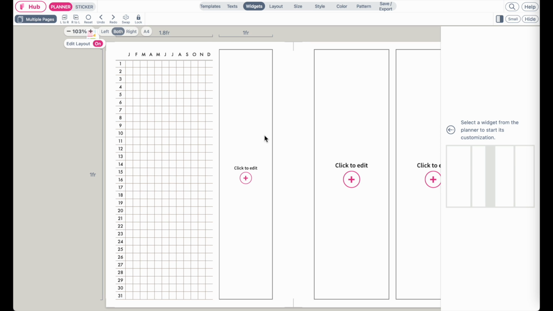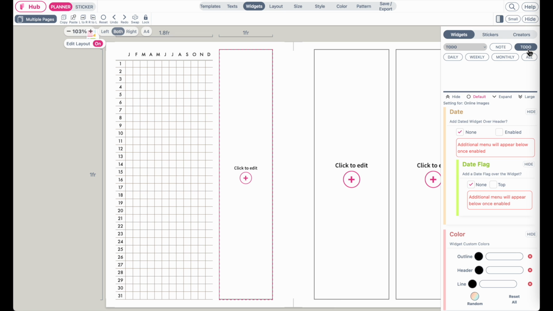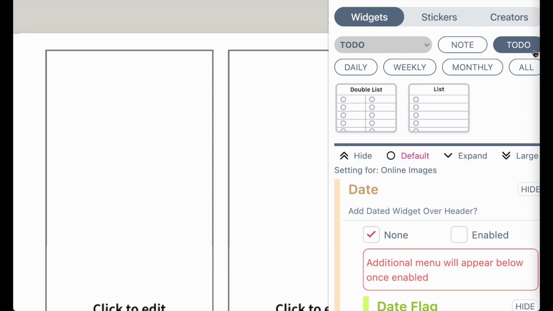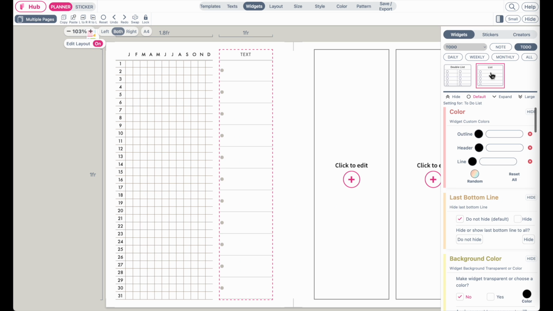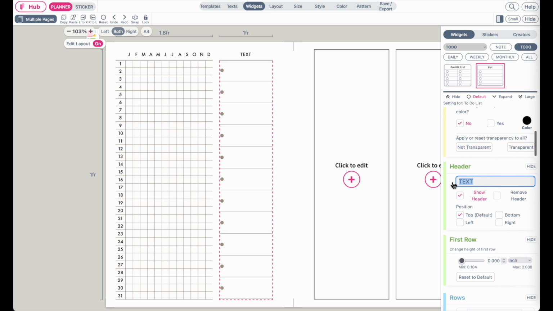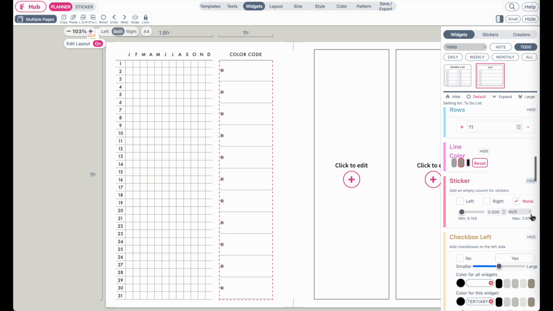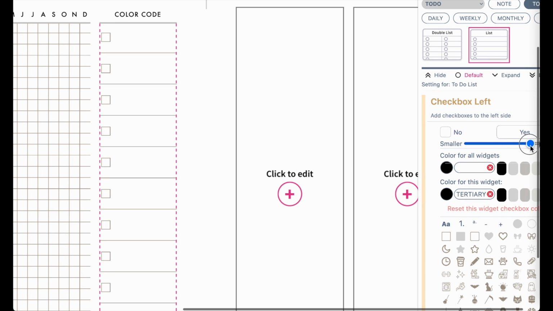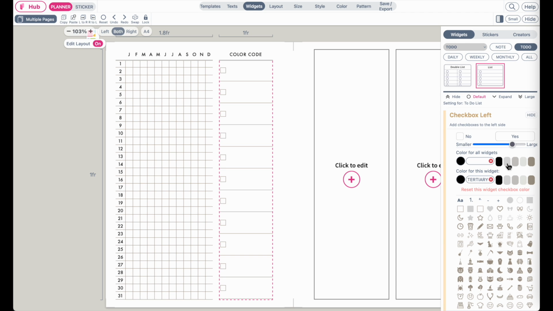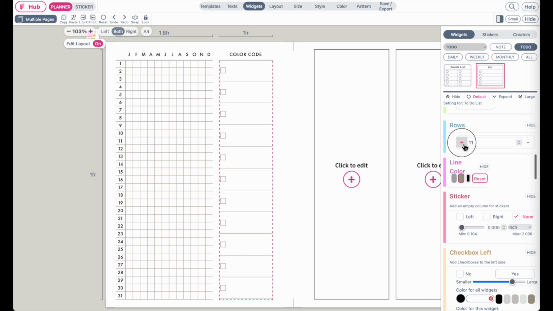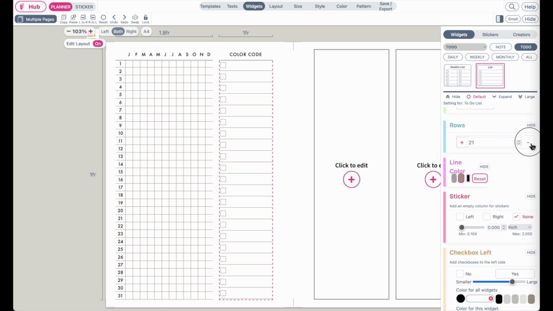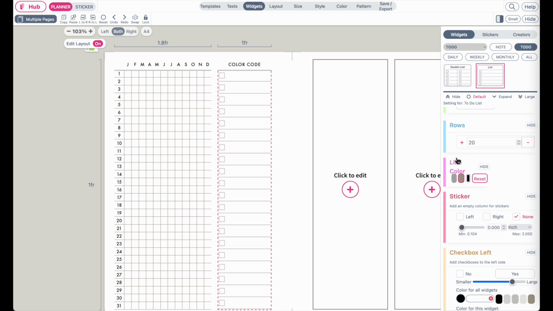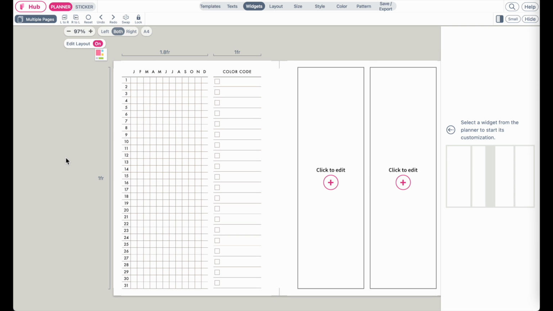Let's check out the next widget. Click on this box right here. In here you want to insert a to-do list. Go to To-Do and then List. And then here, under header, you can type in color code. And then for the icons, let's maybe select a square like this, and then maybe make it bigger so you can color in the squares with the specific colors. Maybe also increase the amount of rows to 20 like this, and that is it. So if you like it as it looks like right now, you can just export it,